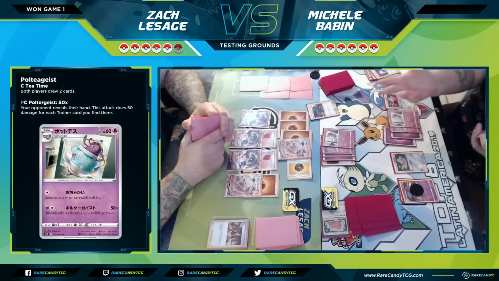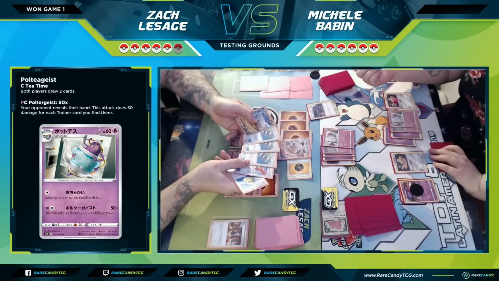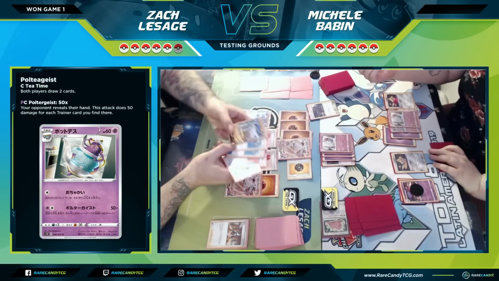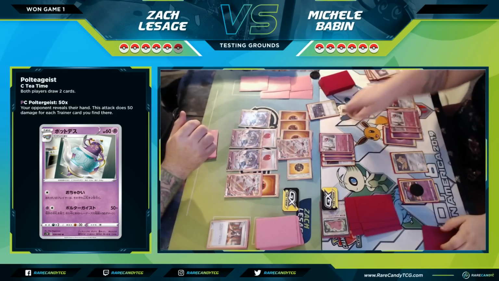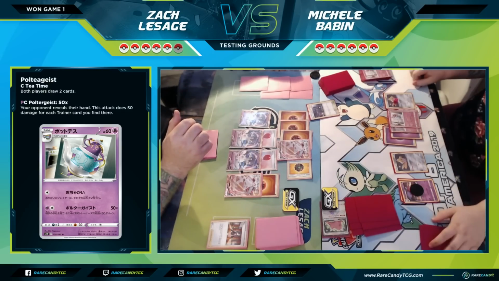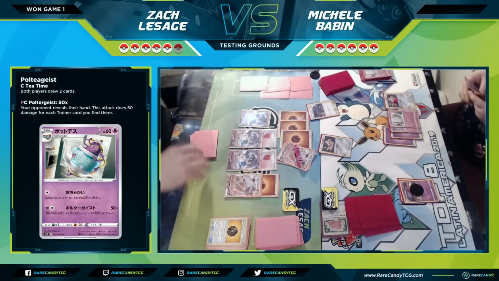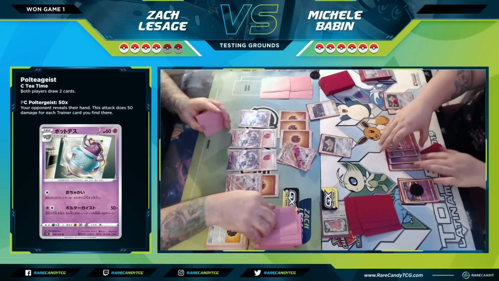And I think we're going to see the largest Polteageist attack that we've seen all game, where it's going to go 3, 5, 250 damage. So I'm going to take 250. Now, she's going to get knocked out because of Giant Bomb. And Spell Tag will not be in effect because it is not damage from an attack. So lots of stuff going on there. It's kind of weird,